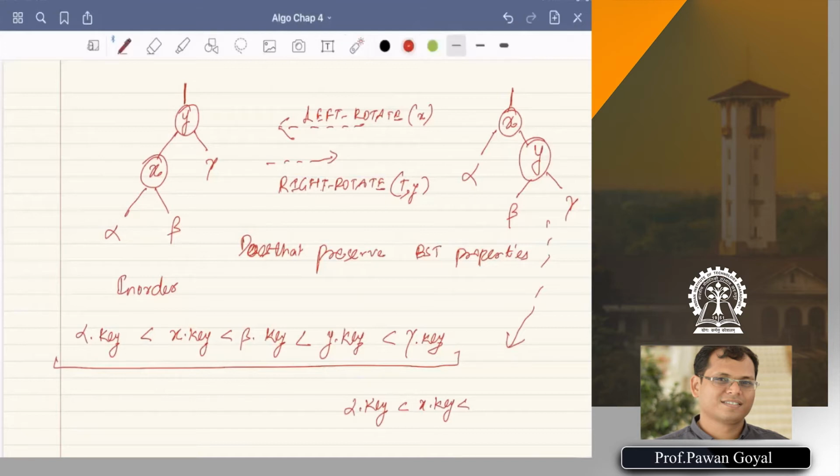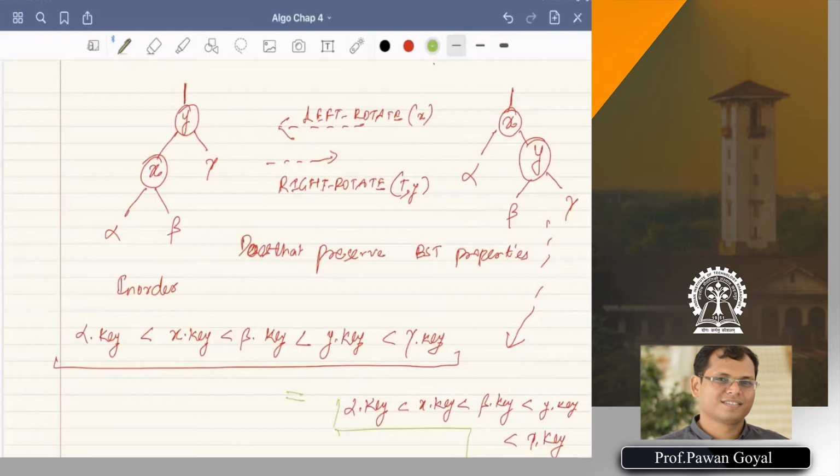So that is beta dot key less than y dot key less than gamma dot key. And you see that these two are the same. So that means it is preserving the BST property. It is retaining the order in which the keys are stored.